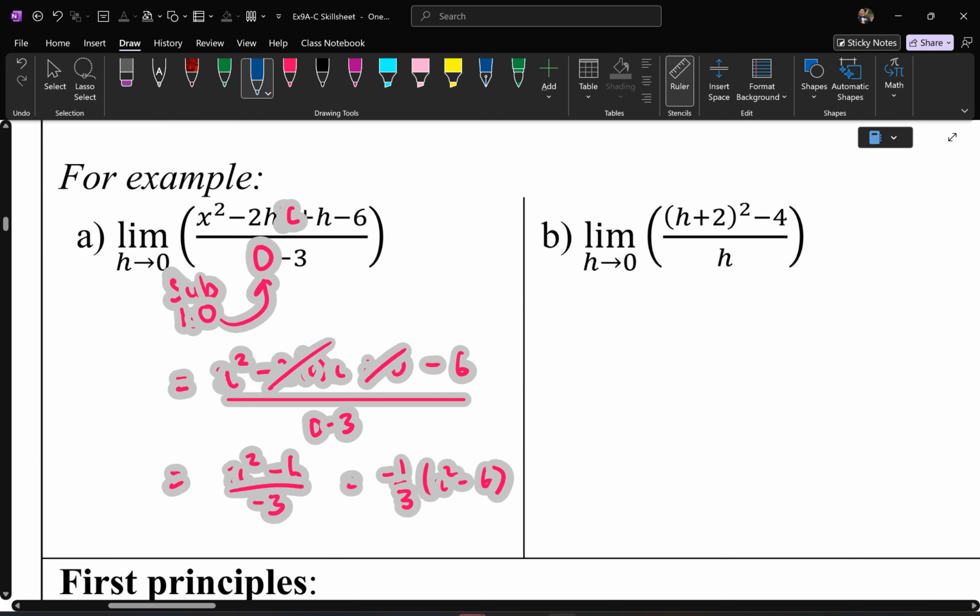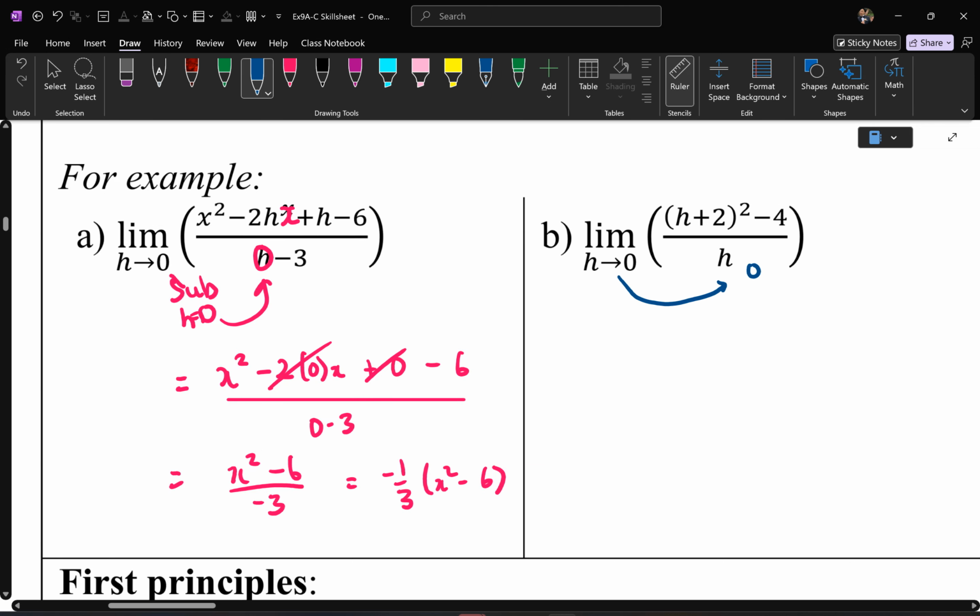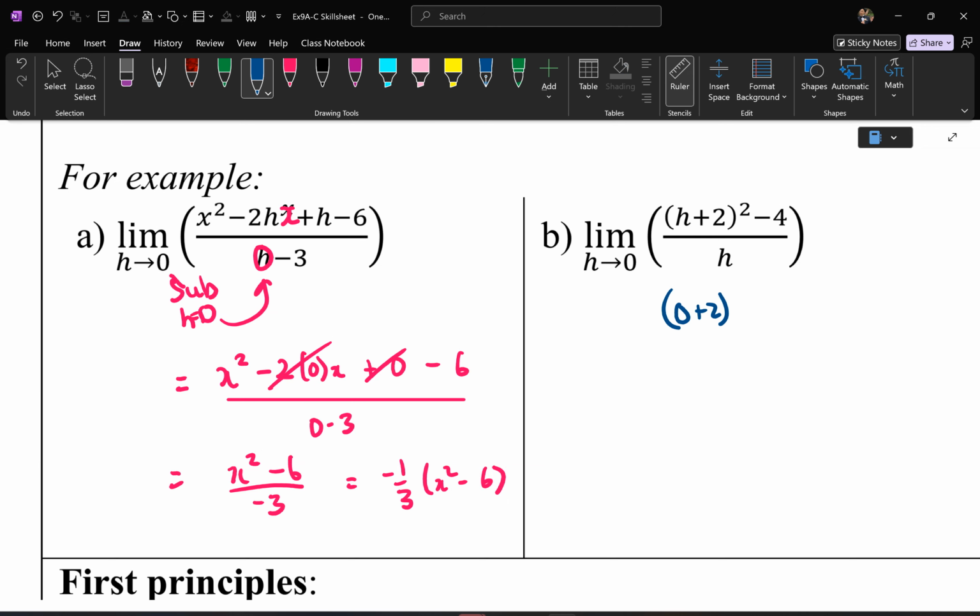What is the problem? If you sub h is 0, you now have 0 plus 2 squared minus 4 divided by 0. The problem is that's undefined. So you can't do that. So tip number 2, in that scenario, you're meant to factorize, simplify, and then you should be able to solve from there. So here, instead of just doing a straight substitution,